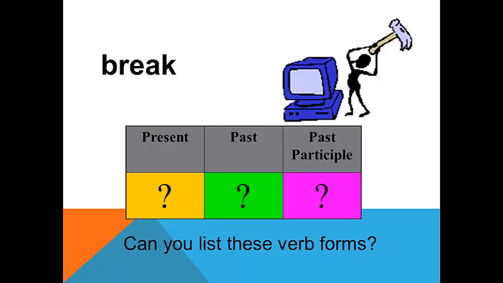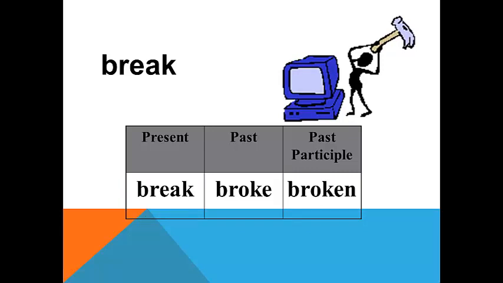And we have the following verb, which is break. What about the present tense? We have break. What about the past simple form? They have broken. When we talk about verbs, we can talk about three columns of the verbs: present, past, and past participle. What we are going to practice today, only past simple form. So present, break, past, broke.